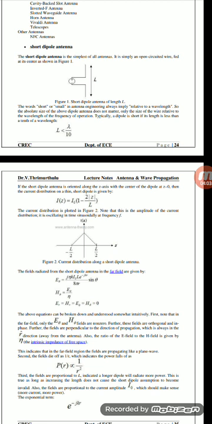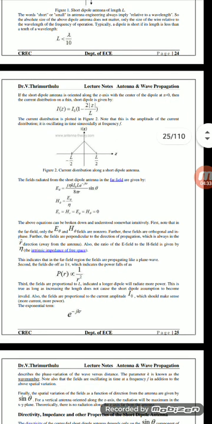From the above equations, we understand that the field exists only for E theta and H phi, which are non-zero. Further, the field is radiated in space relative to the length of the antenna. In the far field region of the antenna, the wave is a plane wave. The power P of r is proportional to 1 by r square, that is, inversely proportional to the radiation distance. That is the field of the antenna.